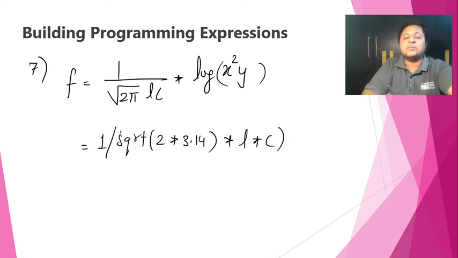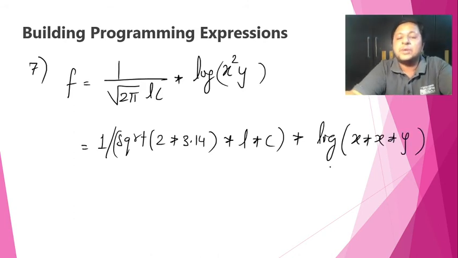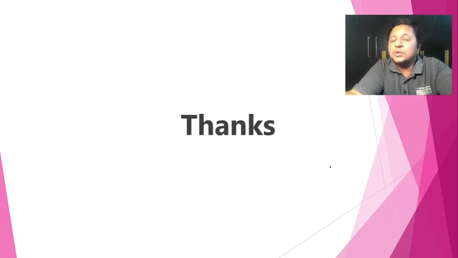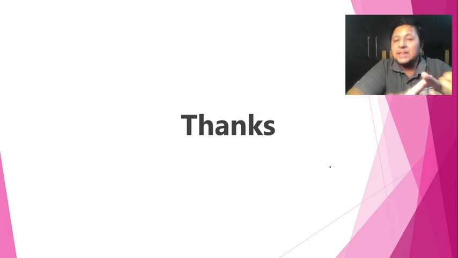Isn't it, this complete should be in bracket because it has to be in the denominator. So this is 1 upon this, and then finally I'll make it into log of x into y. Okay, and somehow this would be the expression. Is that clear? So that is how we'll be able to build the programming expressions. Fine. So in this video, I tried giving you how to look at the mathematical expression, make use of the operators that we have, the math library functions we have, and convert the mathematical expressions into programming expressions.